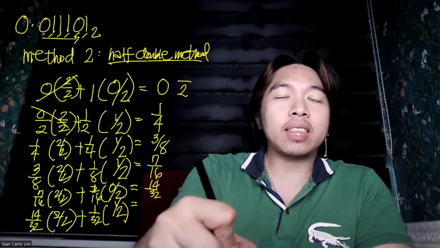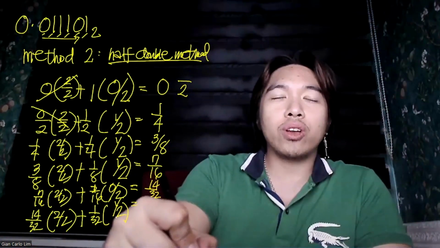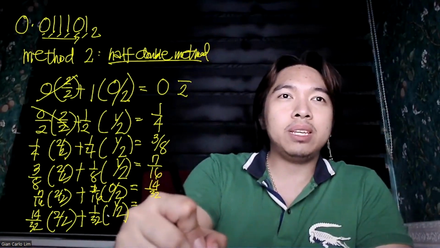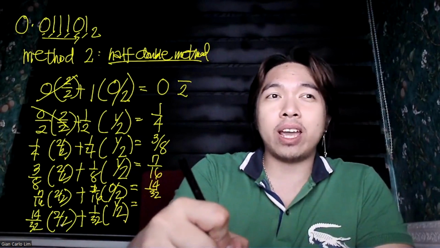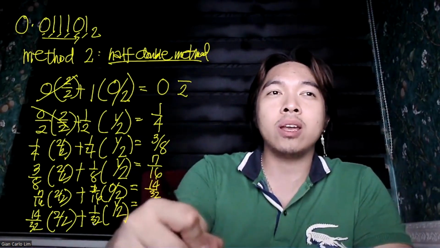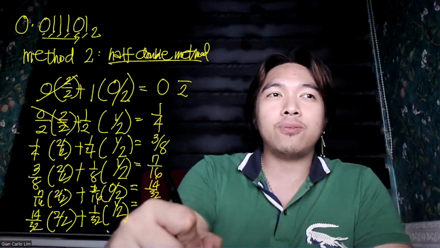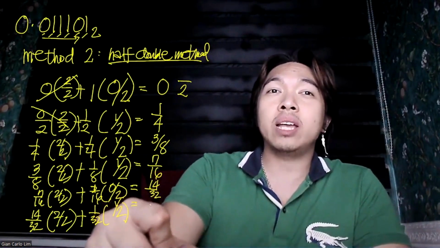So 14 times 2 is 28/32. And then 1/32, that would then be equal, 28/64, I mean here. So 14 times 2 is 28, 32 times 2 is 64, plus 1/64. So 28/64 plus 1/64 would then now be equal to